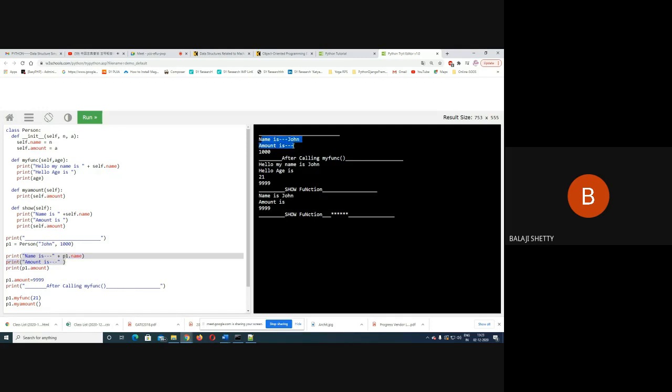Name is John, amount is 1000. Then I'm changing amount to 9999. After that I call myfunction, but myfunction takes one parameter as age, so I pass 21. What do I get here?